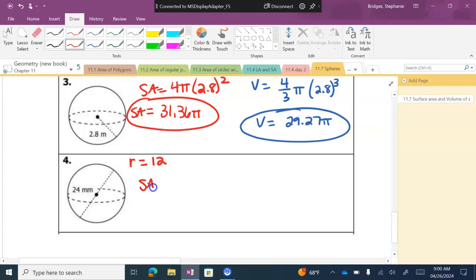For surface area, again, the formula is 4 times pi times my radius, which we said was 12, squared. When I plug that into the calculator,